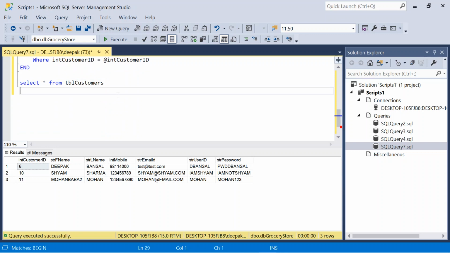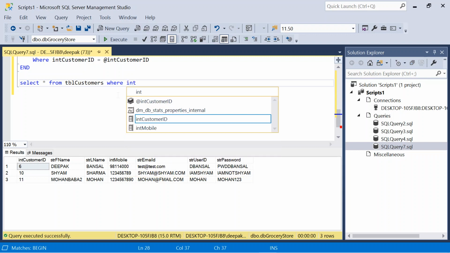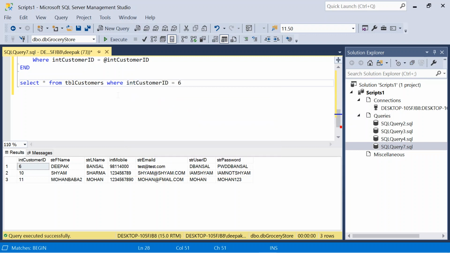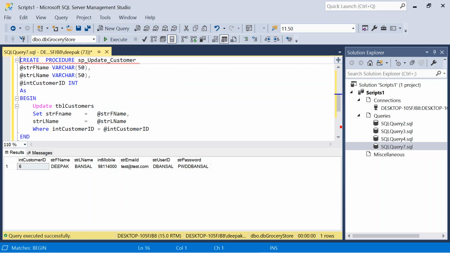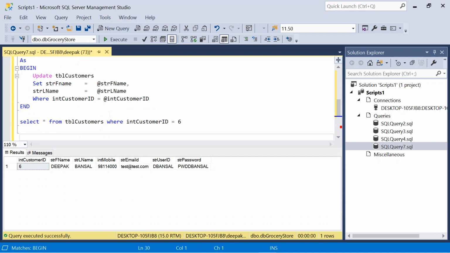And suppose I will be updating the record for customer ID 6, sp_update_customer.